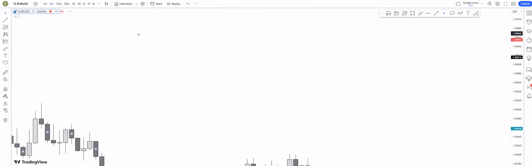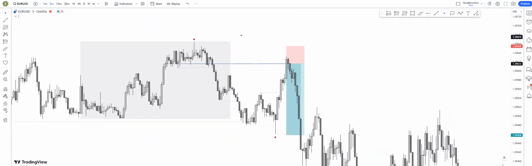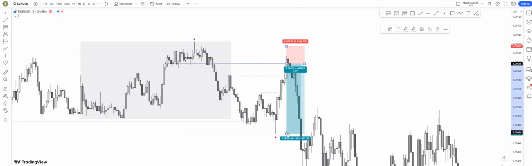So then we go down to our lower time frame, and we just want to make sure that it is untested as it is, and also has internal range liquidity below it. We can see this high. That's going to be our internal range liquidity. We can place our trade. In this case, I place my stop loss just above to have a nice 1 to 4 risk to reward.